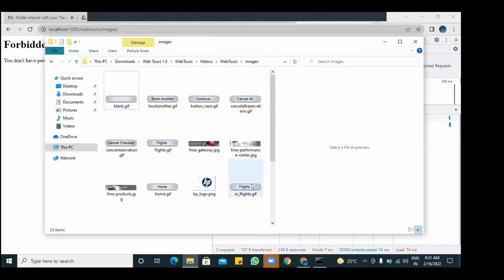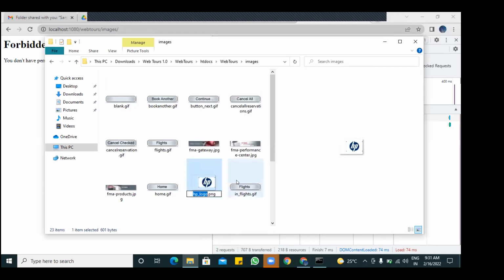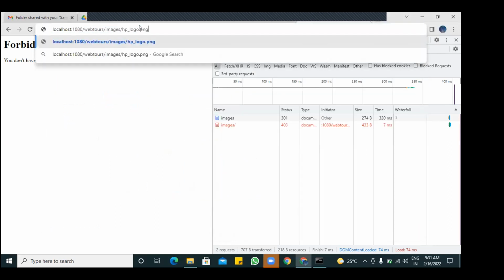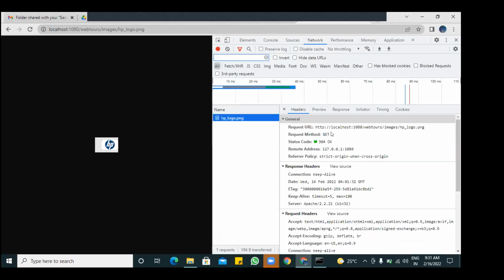You have some images here, like hp_logo.png. Let me rename it and copy that name. Now I am sending a GET request to this image. It got that image, isn't it? See here, this is also a GET request.